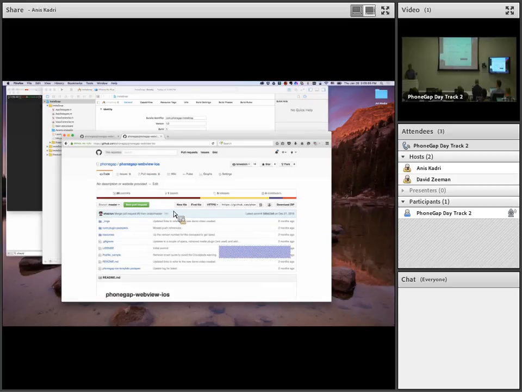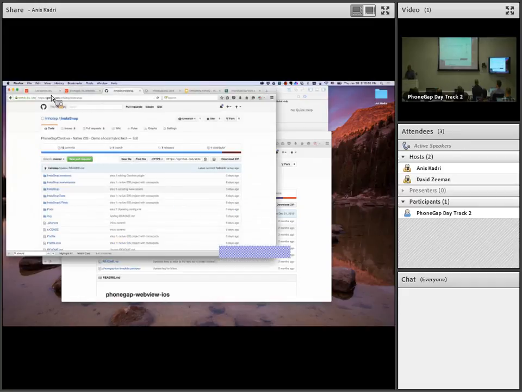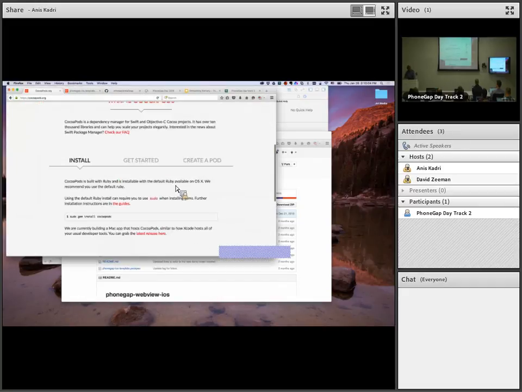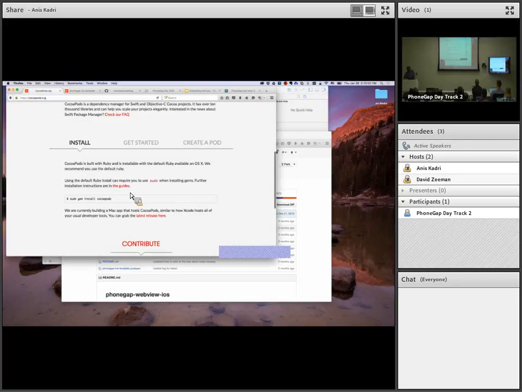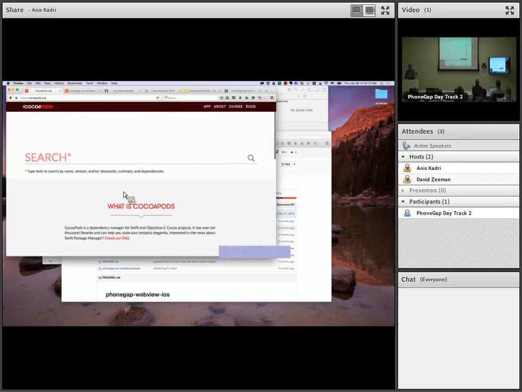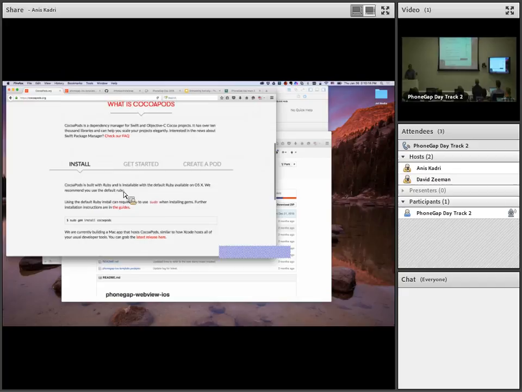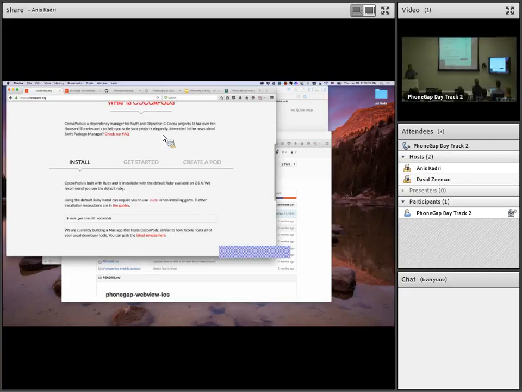You need CocoaPods, and to install them, you just go to the website. It is somewhere here. Yeah, this website. And if you already have a Mac, all you have to do is use gem install, and gem should be already on your machine. So once you have CocoaPods installed,